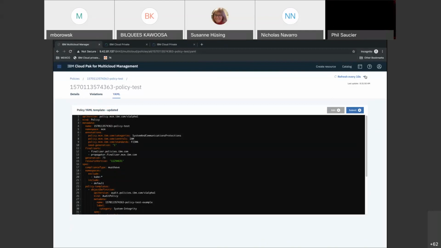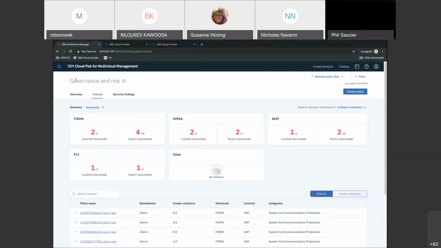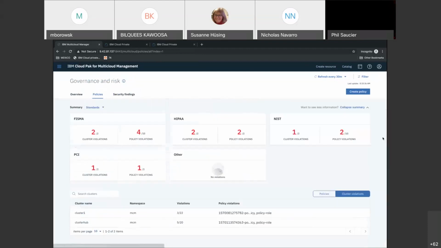For real-time live feeds, the quickest types of rechecks happen every 5 or 10 seconds. But if I want to refresh at a lower speed, every 30 minutes, just so I'm not capturing as much data, or I'm not overfilling my quota, my resources, my audit logs with all this data, I can alter how often these checks happen. So backing up to some of our policies and cluster violations, I'm just going to dive into some of the details of some of my cluster violations here,